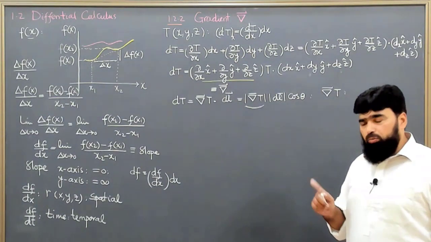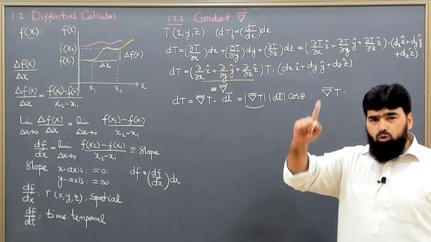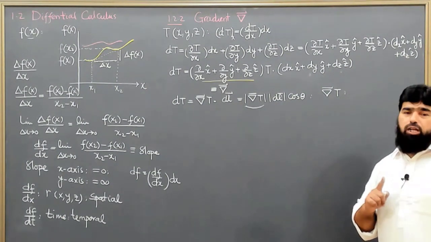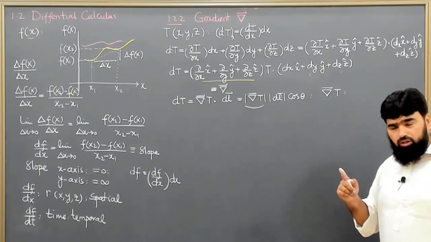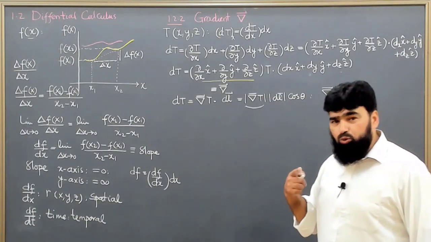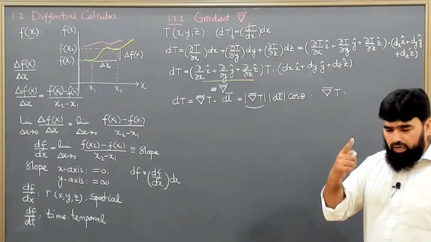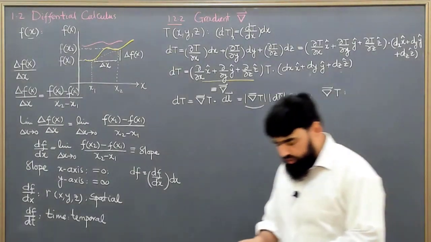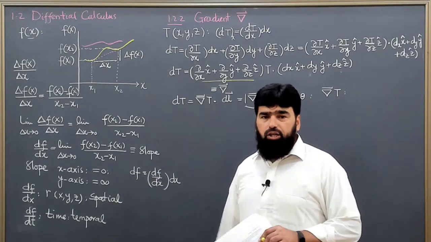But there will be one direction which will be the steepest, in which the slope will be maximum, and it will be a unique direction. It will not be duplicated, or have too many values. It will be a unique value, and that one maximum or steepest way we will call the gradient. So gradient is nothing else but a directional derivative.